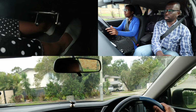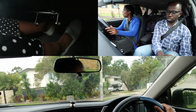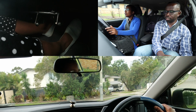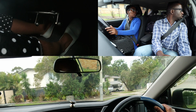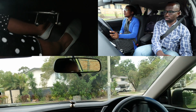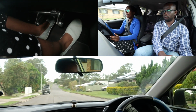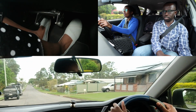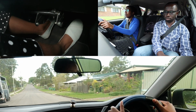Okay, and then just check and then slowly bring out the clutch, but not too quick. Keep bringing out the clutch, bring out the clutch, up, up, keep bringing out the clutch more, and turn. There you go. And then clutch out of the way, and then stop accelerating, clutch down second, then clutch out gently,